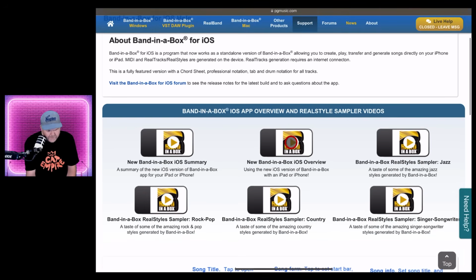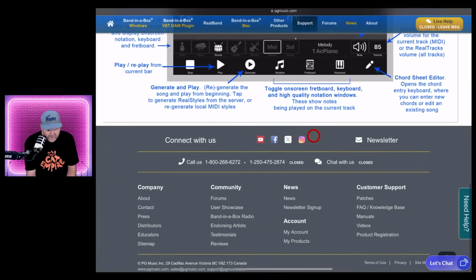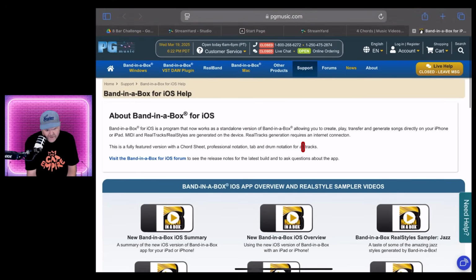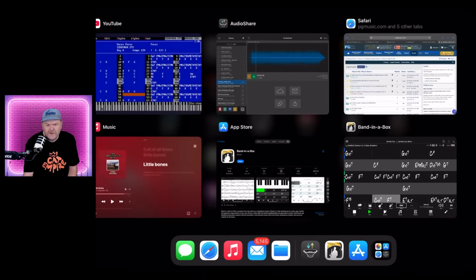So Band in a Box, summary of a new Band in a Box for iPhone. Band in a Box real styles. There's the thing we looked at there. So yeah, it's limited information. It's an app that works as a standalone version, allowing you to create and record. This is a fully featured version with a chord sheet, professional notation, tab, and drum notation for all tracks. Visit Band in a Box to see the release notes for the latest build and to ask questions about the app. So yeah, I guess I have questions, and there's a forum, and we'll look into it in more detail